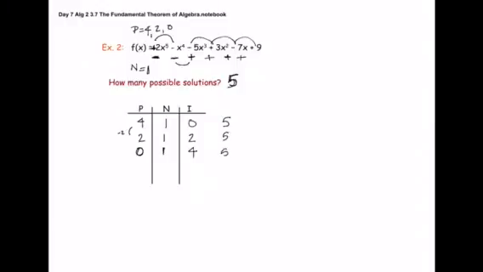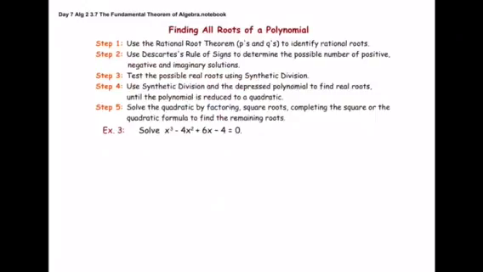So all of our totals equal 5. Our imaginary column is all even numbers. So these are the different combinations of possible solutions we could have. Now let's take it a step further and find all the roots of the polynomial equation using